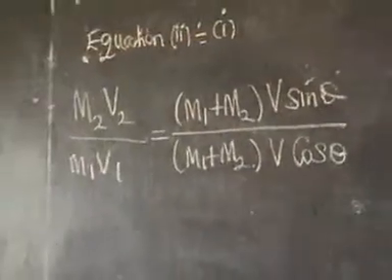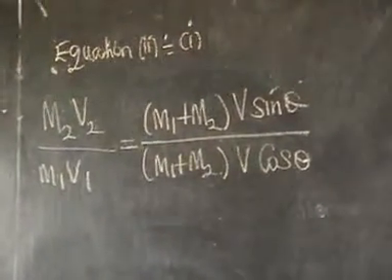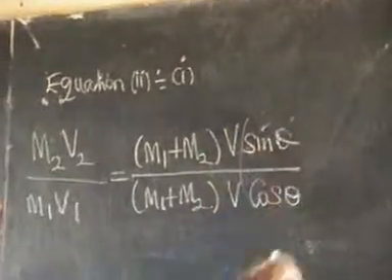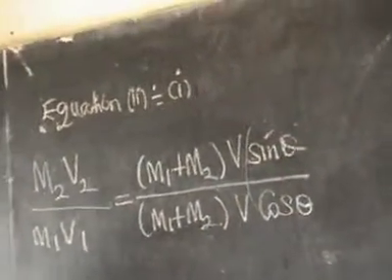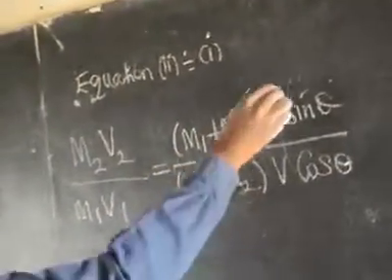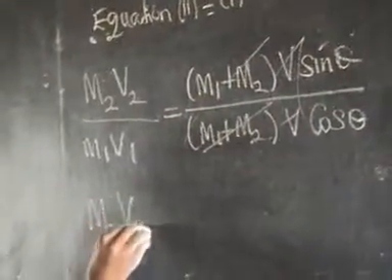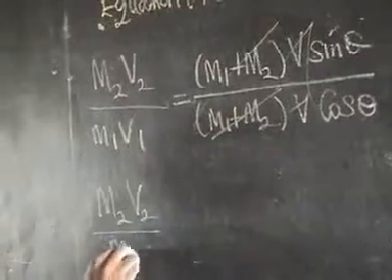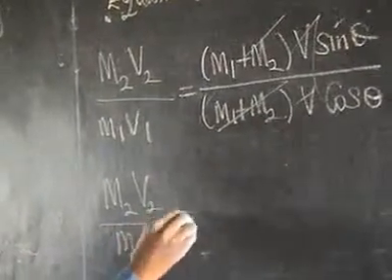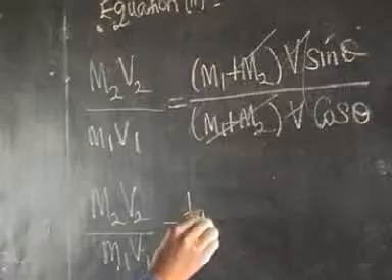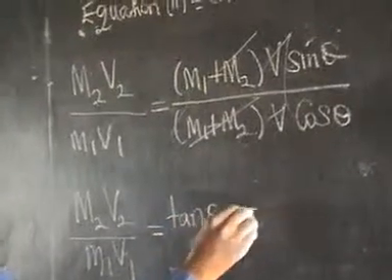So when you divide equation 2 by 1, you bring in this ratio of the tan theta. So when you simplify this, you will get your m2 v2 divided by m1 v1 equals tan theta, and when we substitute